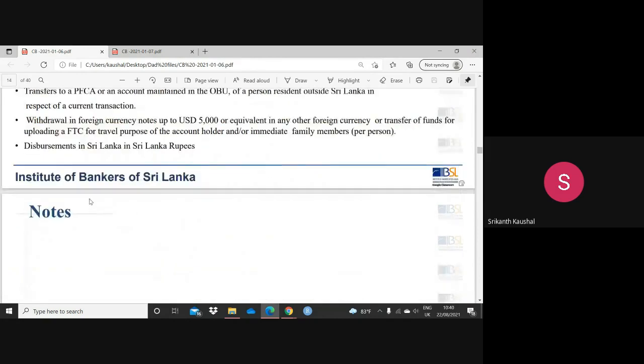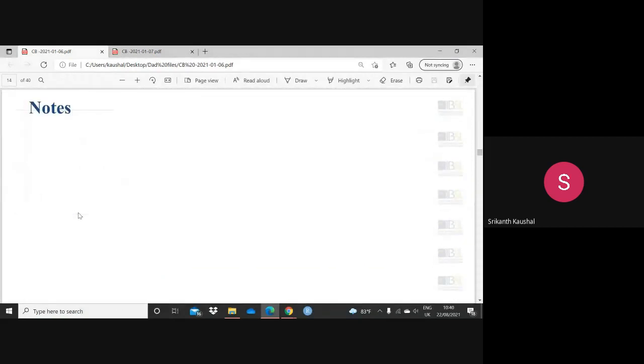Now I have given certain spaces for you to write notes. Under PFC account, there are certain types of loans that are permitted. So I will explain. There are two types of loan which you could grant to the PFC holder. One is for people who are employed abroad. So you can just make a small note of